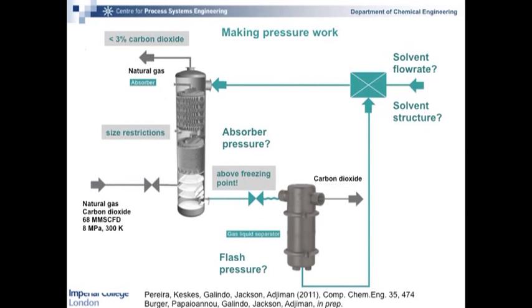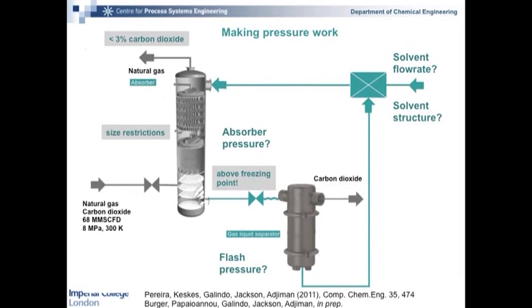The solvent contaminated with the carbon dioxide is then going to be regenerated here in the flash unit. We're just going to let down the pressure and let the carbon dioxide come out as a gas and recover our solvent here. And the solvent will be going around in a loop from contaminated solvent to clean solvent here. Okay, and we may have some solvent losses, and so we'll need to top that up as well.